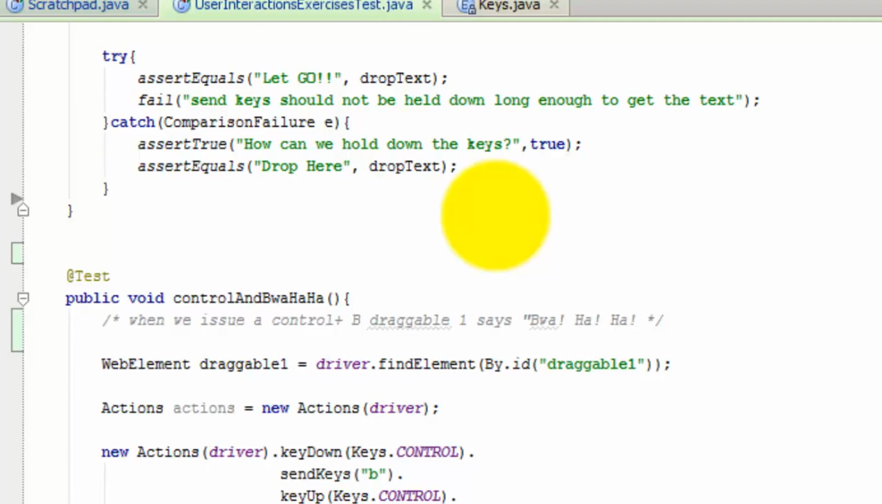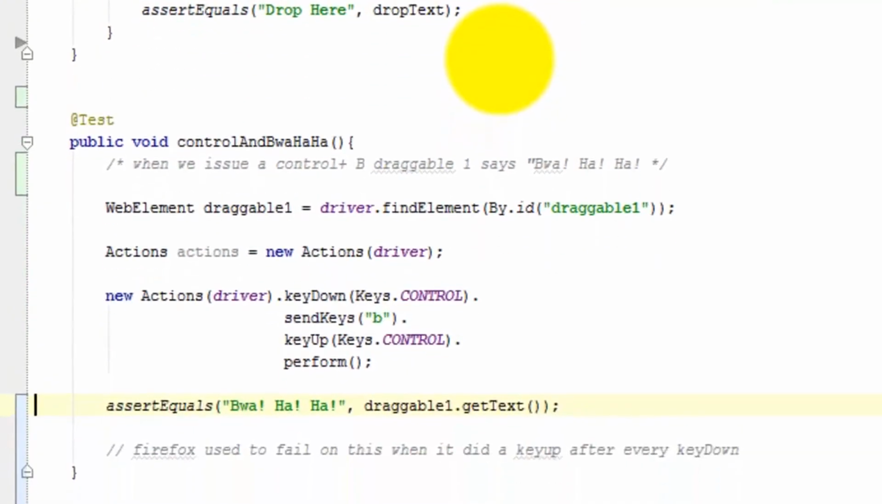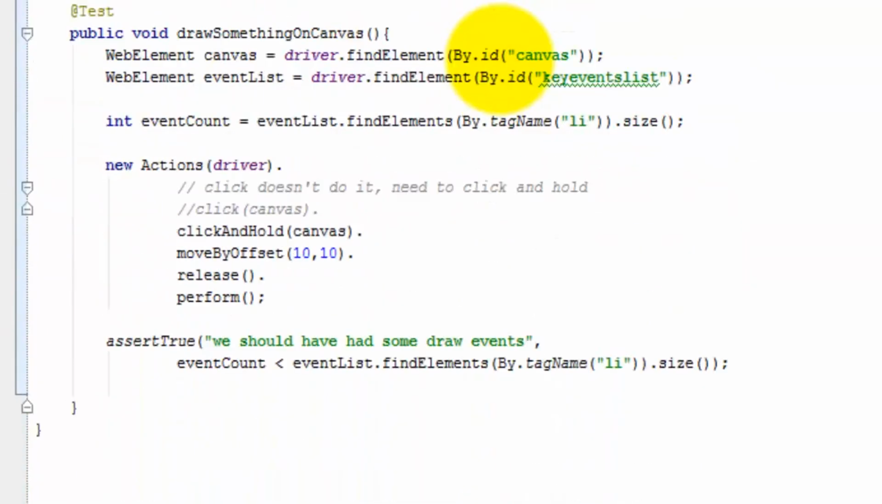So you were also asked to check for Control B, and Control B does work. It's an unfortunate key press because it brings up the bookmarks in Firefox, but it does work. Drawing something on the canvas, again that's not too hard once you figure it out, because the drawing clearly has multiple methods we could use, and we have to use a click and hold rather than a click. Remember, a click does a click, and a click is down up. What we want is a click and hold, a move, because the way that this Canvas Paint has been implemented is you have to move the mouse in order to have something happen, and then